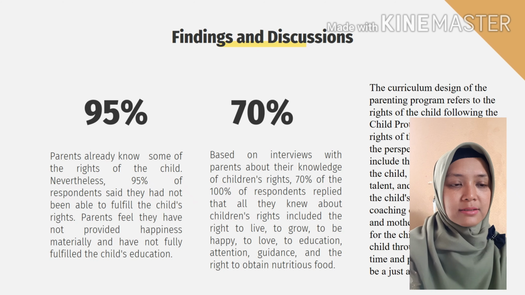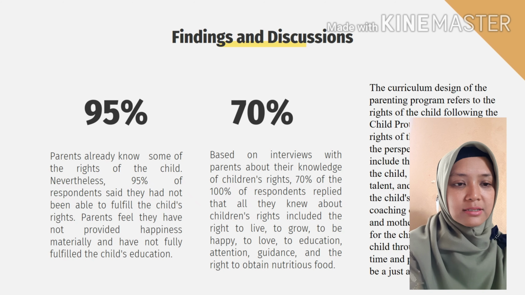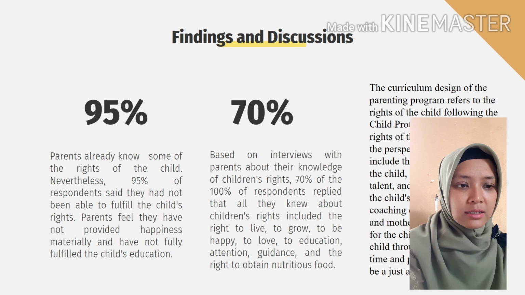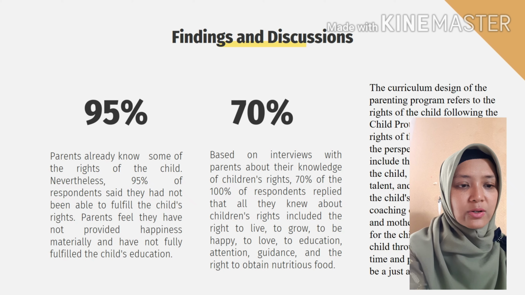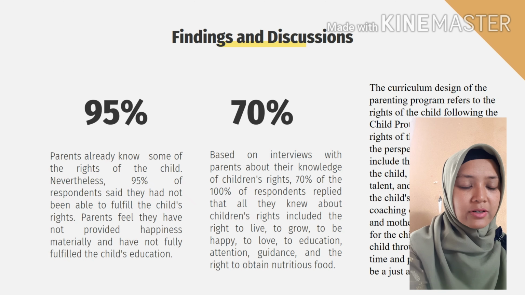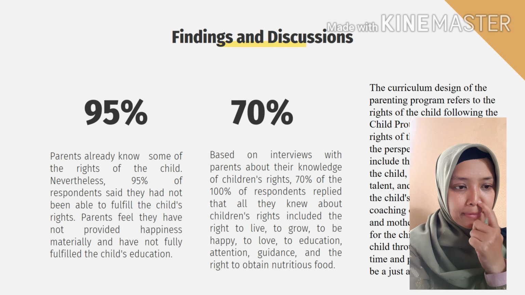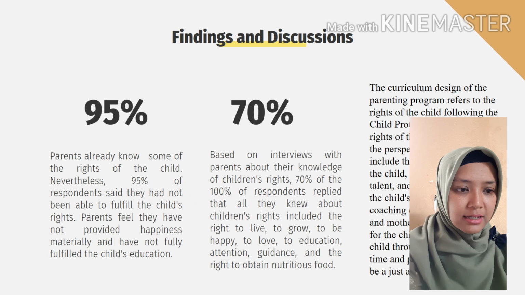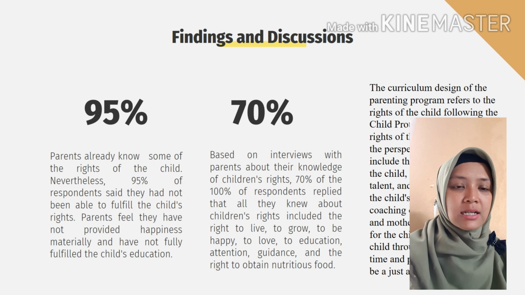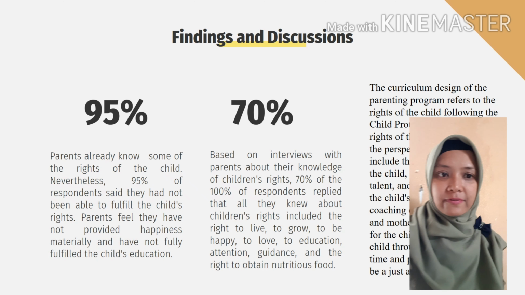And then 70% of parents, based on the interviews, replied that all they knew about children's rights included the right to live, to grow, to be happy, to love, to be loved, to get education, attention, guidance, and the right to obtain nutritious food. So from the interview,